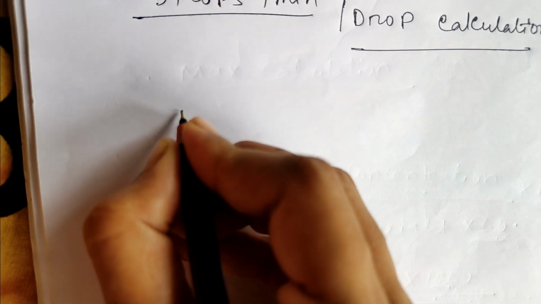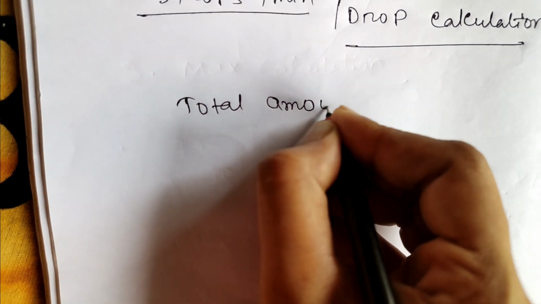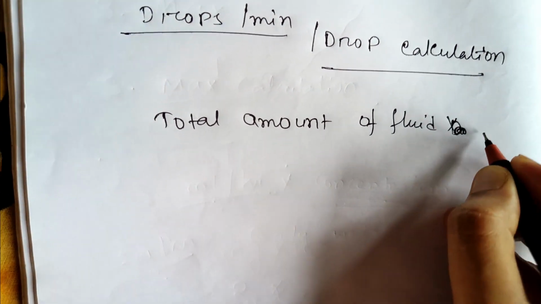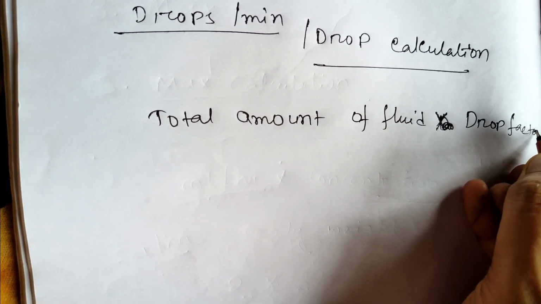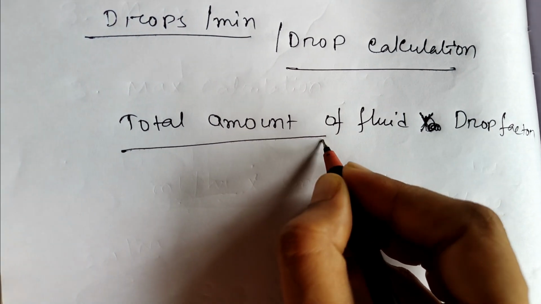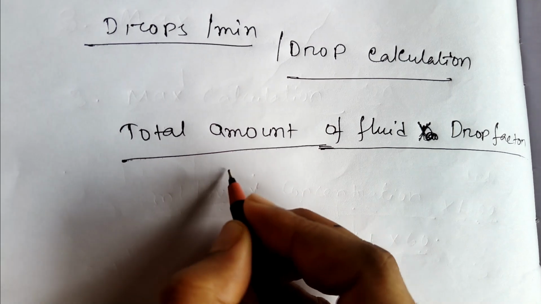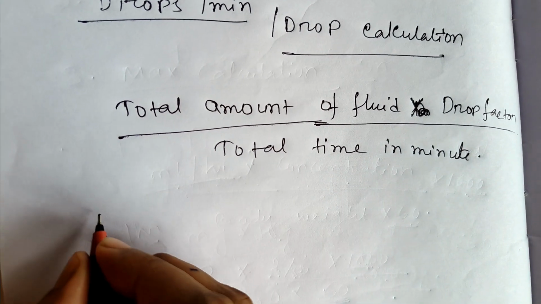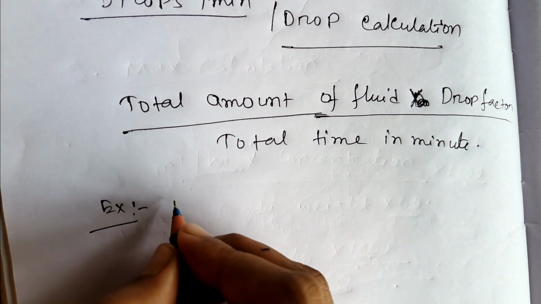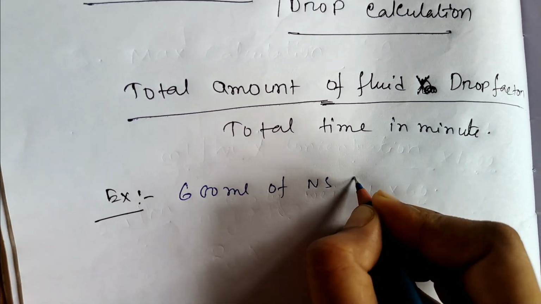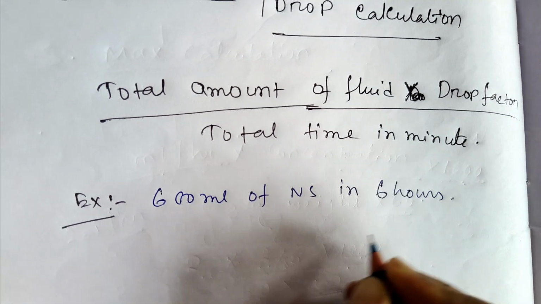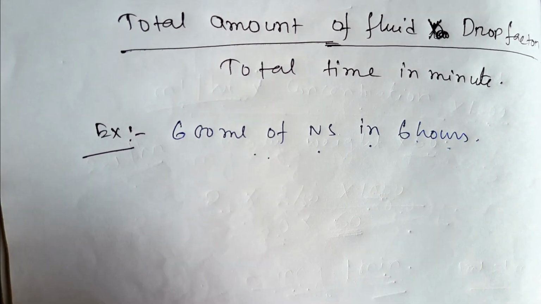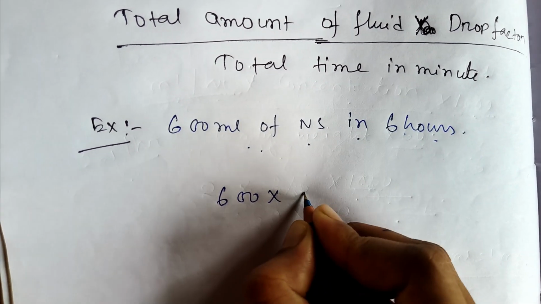So for drop calculation, the formula is total amount of fluid into drop factor divided by total time in minutes. So, as for example, if we take 600 ml of NS in 6 hours, if it is said that 600 ml of NS has to be given over 6 hours, how will we calculate how many drops per minute will go? So we will use the same formula. Total amount of fluid, which is 600 here, into drop factor. In case of adult,